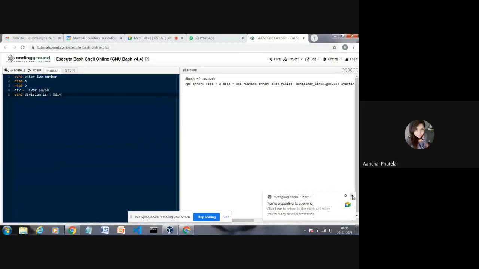Yes, Drishti. So you are performing division. I think it is showing you error now. There is syntax error. Expression space $a space operator you are using, then again space. So between operator and values there is a space. Yes, correct it.